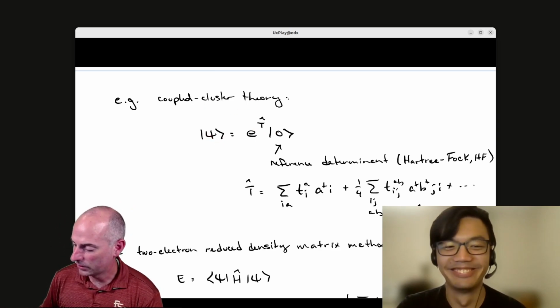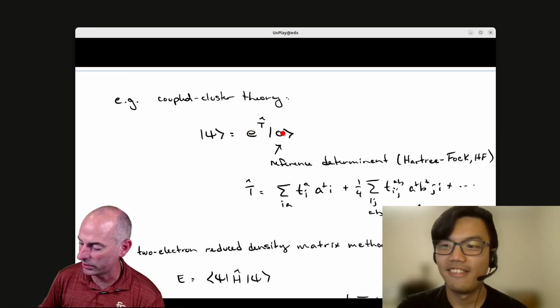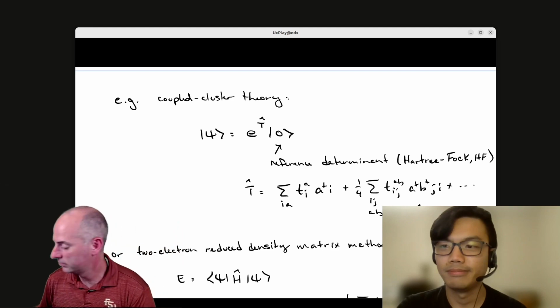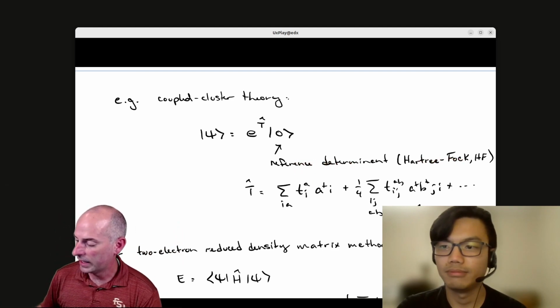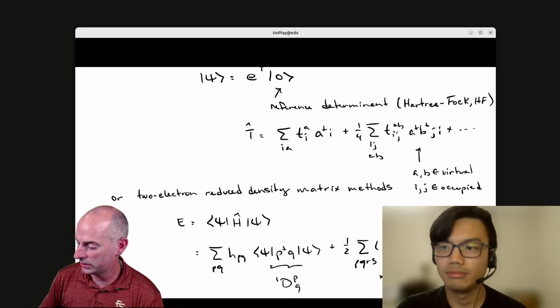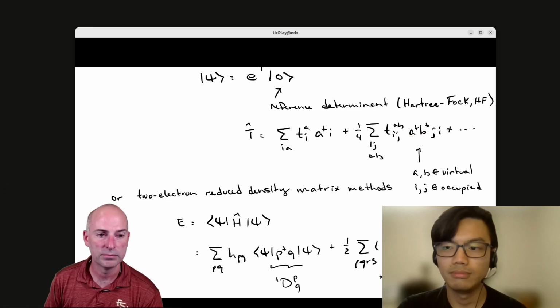Anyway, the wave function here, which I have written as psi in a ket, is this exponential operator acting on this reference function, which is usually just a Hartree-Fock determinant. And this operator is written in terms of creation and annihilation operators. So T, the cluster operator, has 1 electron terms, where I move an electron from orbital I to A, 2 electron terms, where I move electrons from orbitals I and J to orbitals A and B, and so forth, up to